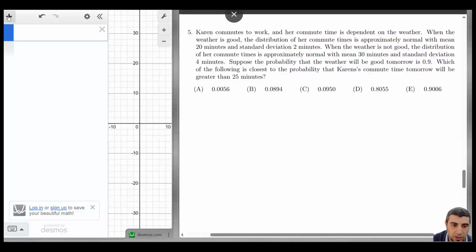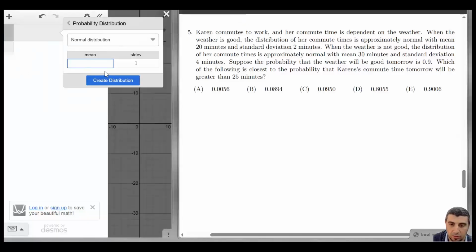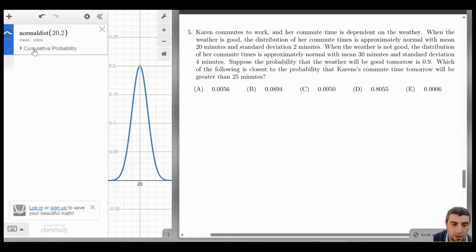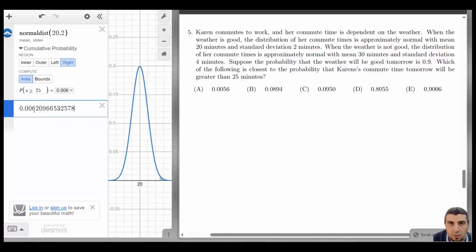So what I'm going to do is, in the inference table here, I'm going to go to a normal distribution with mean of 20 minutes and a standard deviation of 2. And I'm going to look at the cumulative probability to the right of greater than 25. So that's a little over 0.6% chance that she's going to have a commute that's greater than 25 minutes